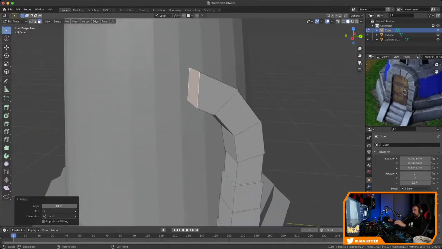So if we want to make a face flat against a certain